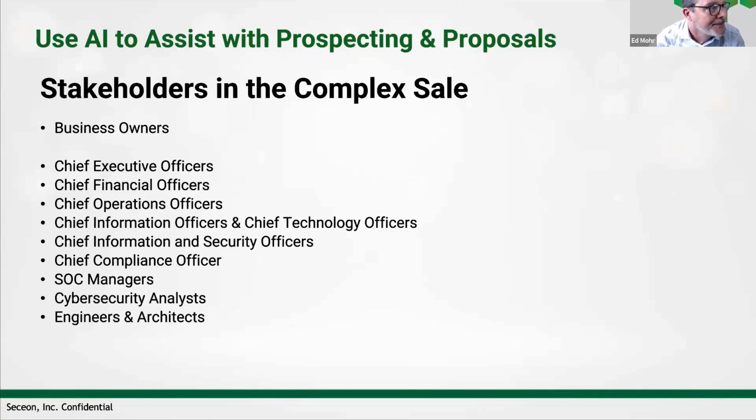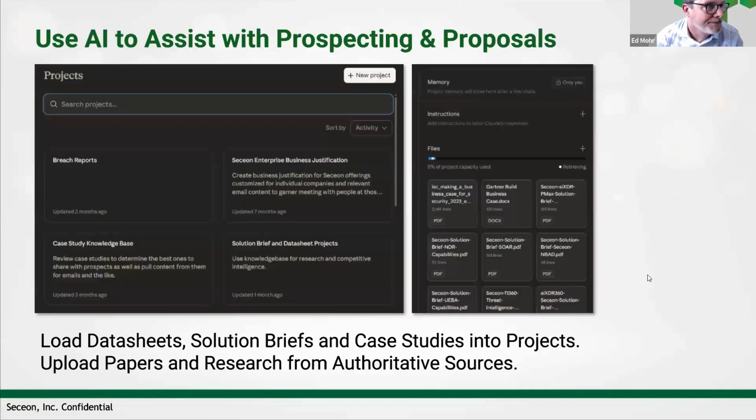We have been talking a lot about the stakeholders within a complex sale, and again, I just want to reiterate, it's important not to get into a deep dive with a CEO or a CFO about automated triage or the types of threats that we uncover. They want to know how you're going to keep their business up and running, how you're going to help speed things like compliance reporting, things that align with their business itself. Whereas if you're talking with a CISO or a SOC manager or the like, then that's when you might want to dive into some of the areas or types of threats that they are most concerned about.